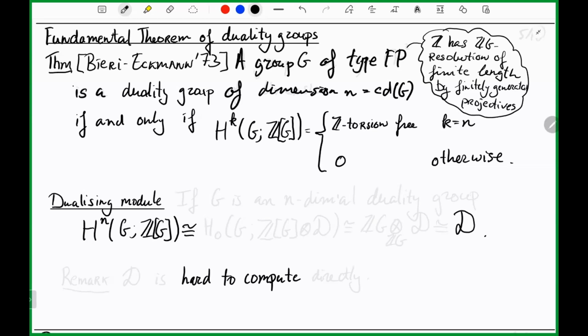Okay, now maybe some of you have already worked out what the bit in gray, the characterization of D and this cohomology group, is. But we have at least an abstract description of the dualizing module. So if G is an n-dimensional duality group,